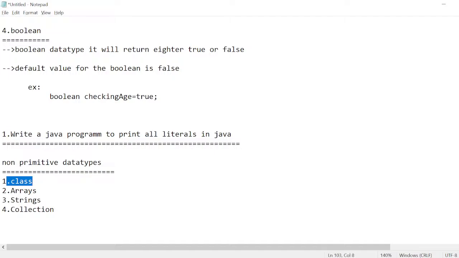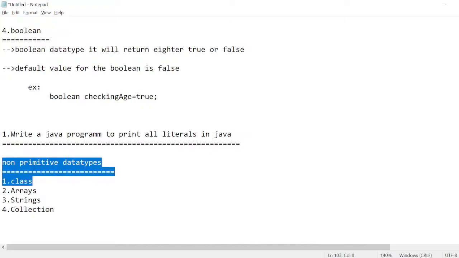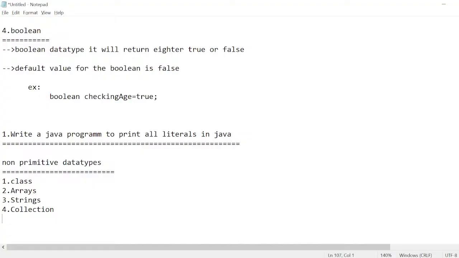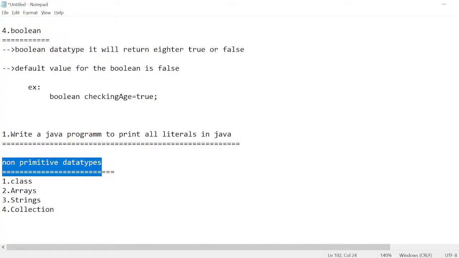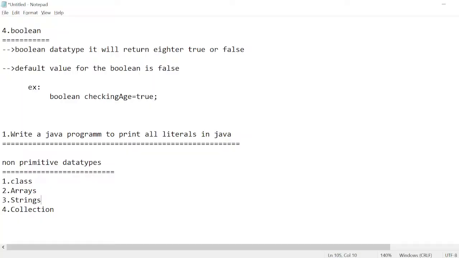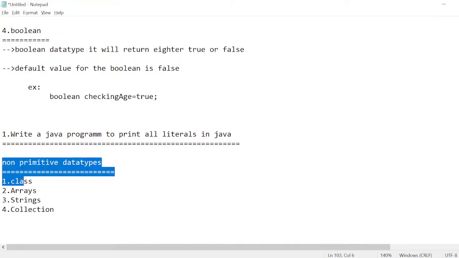Each non-primitive data type has a different session. Going forward, we can discuss. Class will have a separate session. Arrays will take a separate session. Strings will take a separate session, and collections will take a separate session. As of now, you can take the list of non-primitive data types. There are four: class, arrays, strings, and collections. Going forward we can discuss the